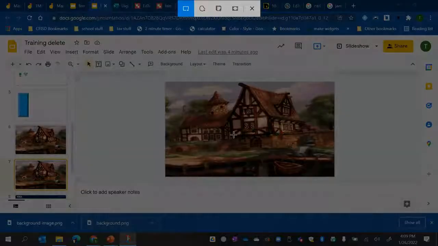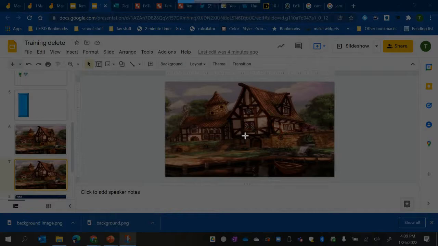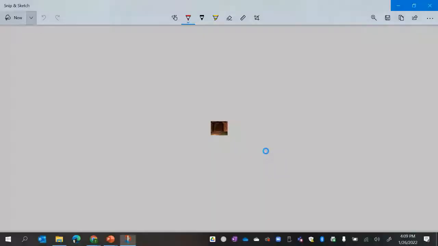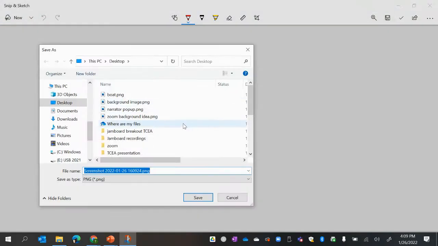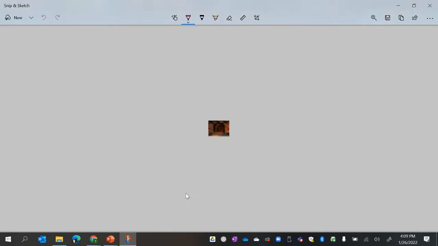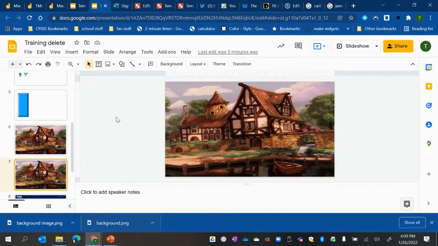Okay, I think that's going to be too small, so I'm going to do it again. I want it bigger than the door because I had it covering the door. You definitely don't want it too big, but you want it bigger than what your original box was. There we go. That's better. Click save, and this will be my door. You're going to repeat this for each one of your little cubes that you had, and click save. Once you have all your little cover slips saved, and I only needed 4, so however many you needed and wherever you put them,